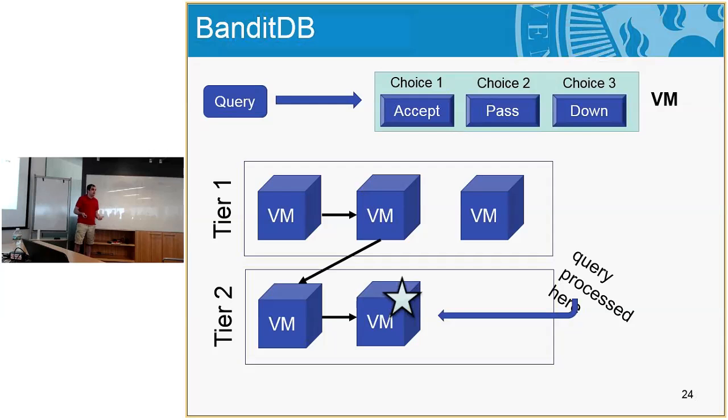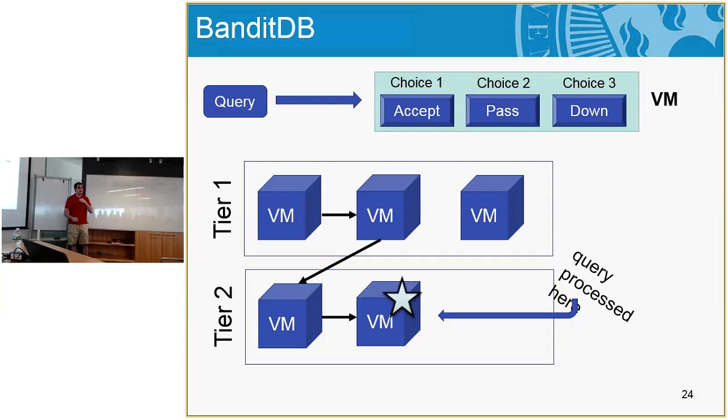So the reward for choosing these various arms on the slide is the profit that you get for processing the query. If the user gave you 500 cents to process this query, and you did it in a way that spent 300 cents, then your reward is 200 cents. And everyone along the path associates that reward of 200 cents with the lever that they pulled. And by doing this,